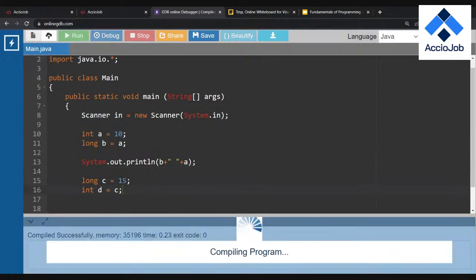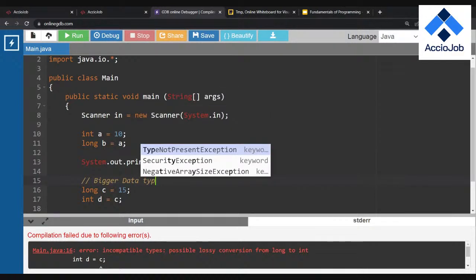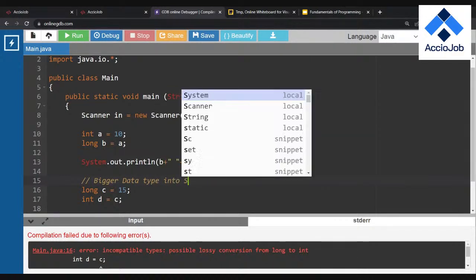If you try to run this program, the compiler might give an error because there could be a loss of data in conversion. So when you are converting a bigger data type into a smaller data type,